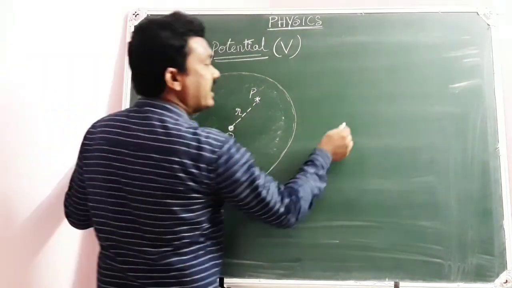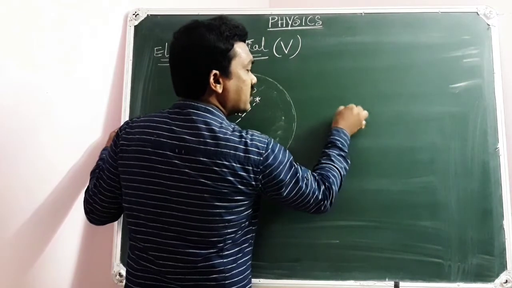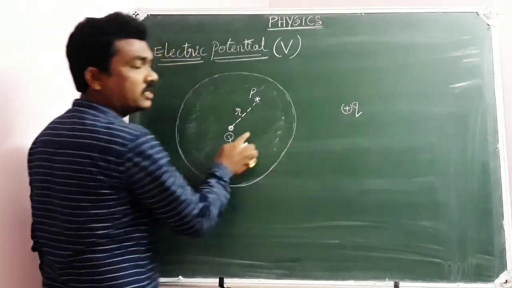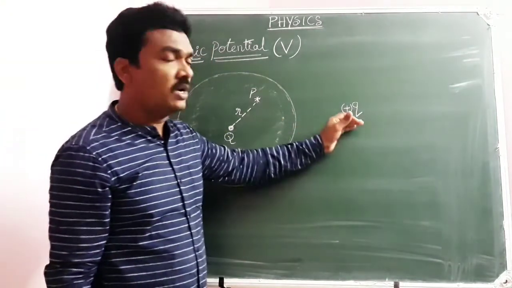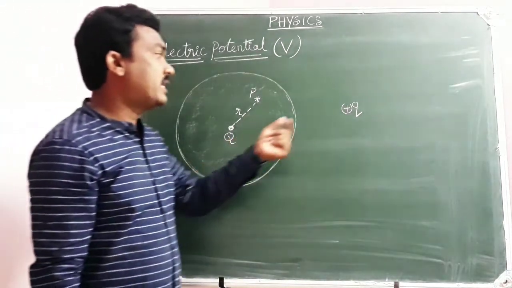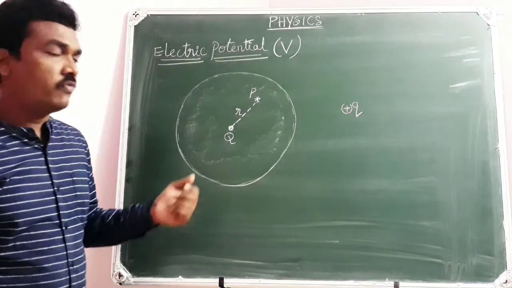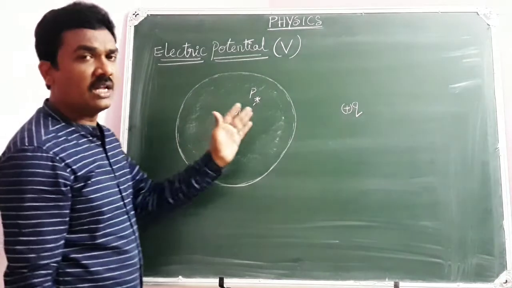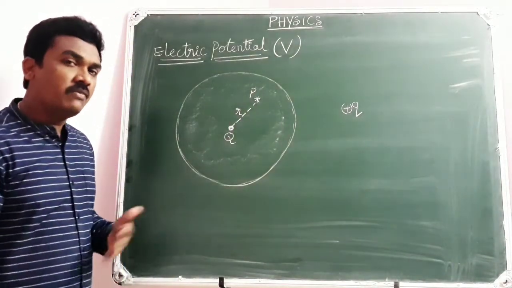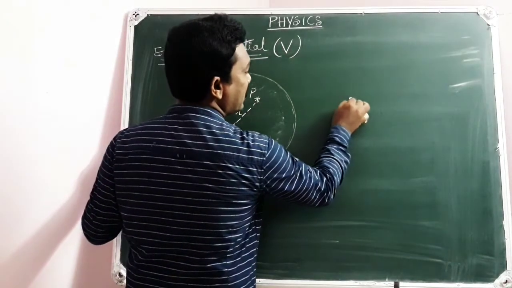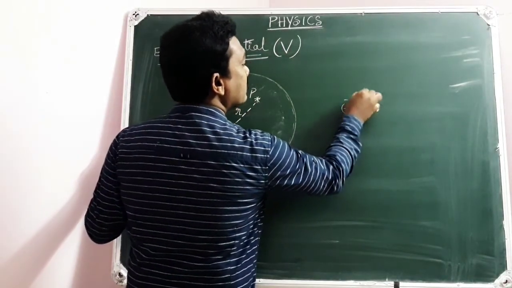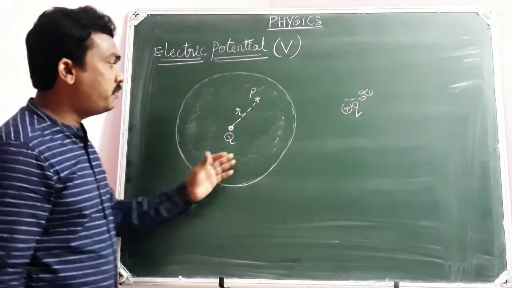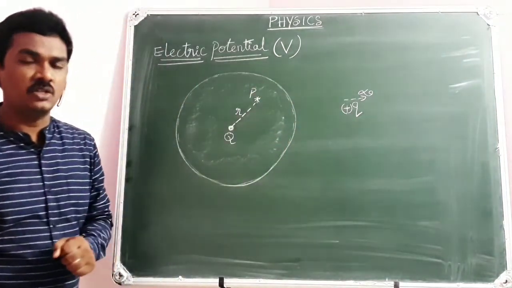Now here I have a test charge q. Of course, I told you that the test charge must always be positive, and its magnitude should be very small compared to the source charge, so that the test charge cannot influence the source charge. Of course, the test charge can be influenced by the source charge. Yes, let us take the test charge beyond the electric field, somewhere at an indefinite distance. Maybe 300 meters away, maybe 1000 meters away, maybe 2000 meters away. But it is beyond the electric field.